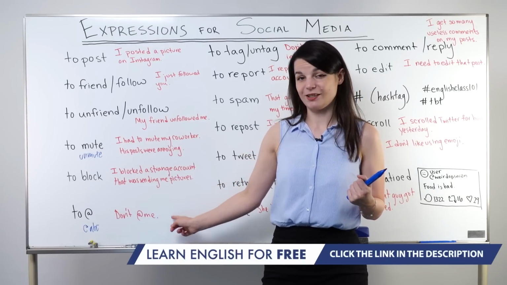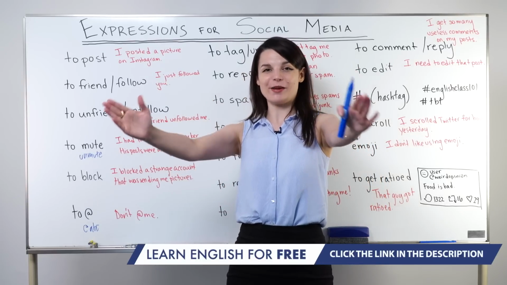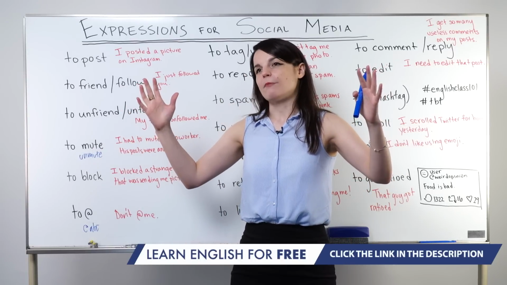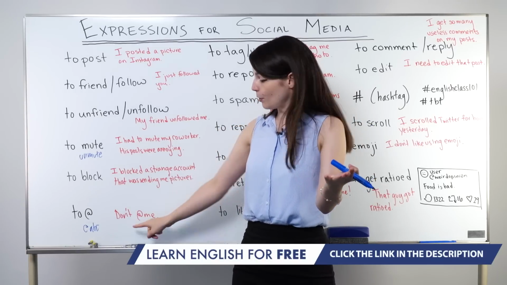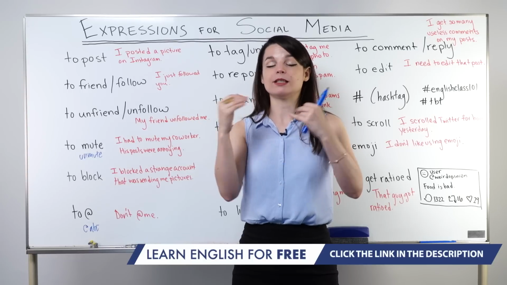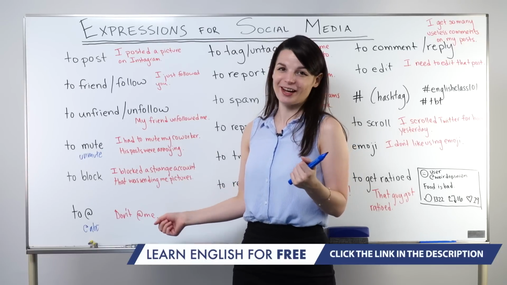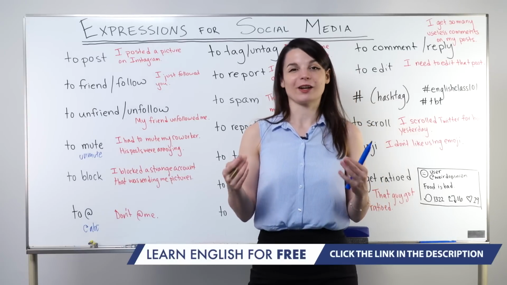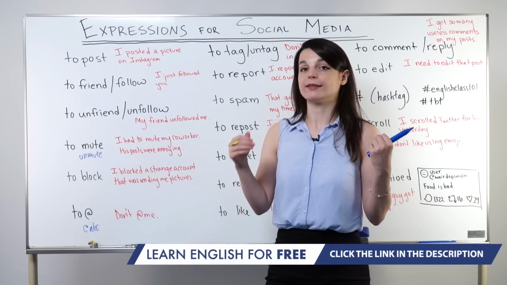So you will often see this expression right here. Don't at me. Don't at me. So people often use this when they share a very strong opinion about something. Like, pepperoni pizza is the best pizza. Don't at me. So that means I don't want to hear your responses. So that means don't put my username in a reply to this. Don't reply to me with your opinions because this is my opinion and I have a strong opinion about it. So we often use this in a joking way, but sometimes you'll hear it in a more serious way too. Most of the time I feel like we're kind of joking or teasing about something. So this is what at means, and we read the symbol as at.